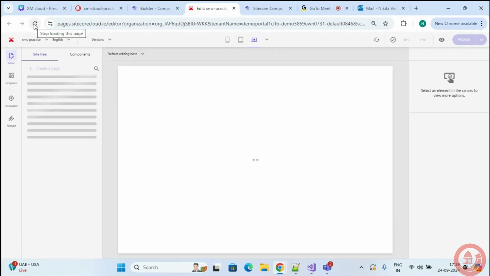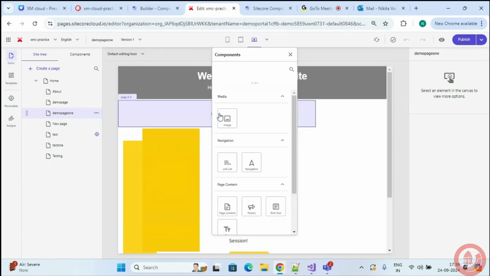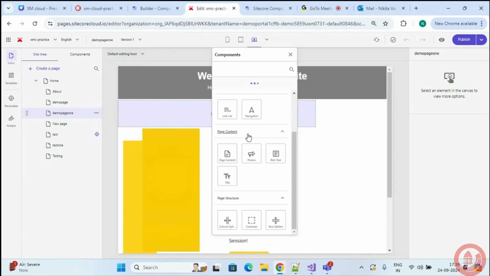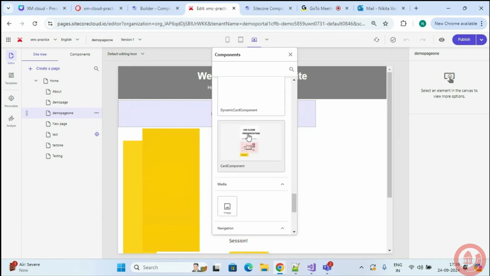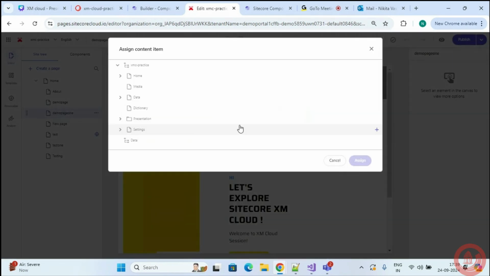Now let's talk about personalization. In XM Cloud, we have a provision to personalize our components on a specific page. We have an option of creating variants. Once you click on create variant, it will ask us to give a name.